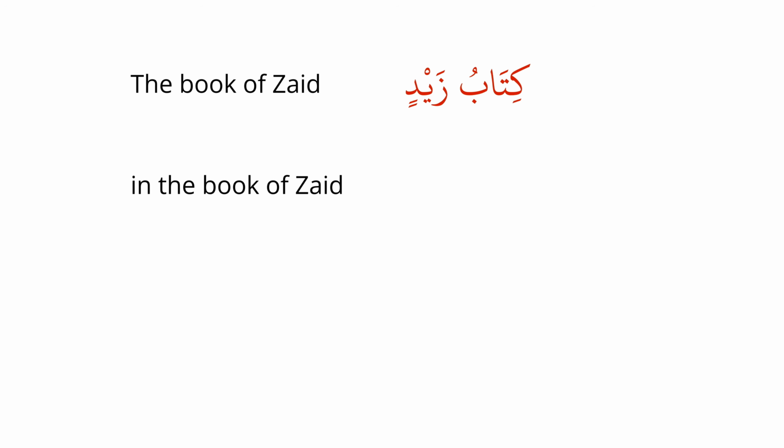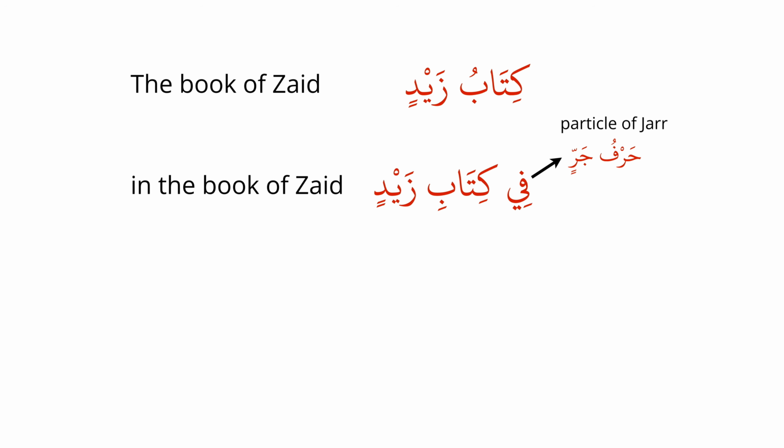So the book of Zayd in Arabic is Kitabu Zaydin. If I have to say in the book of Zayd, I say fi kitabi Zaydin. This contains both a genitive phrase and a relative phrase. In the phrase fi kitabi, fi is harfu jar, meaning a particle of jar, and the noun kitab is ismun majroor, meaning a noun in the genitive case because of harfu jar, fi preceding it, making it jarun wa majroor,